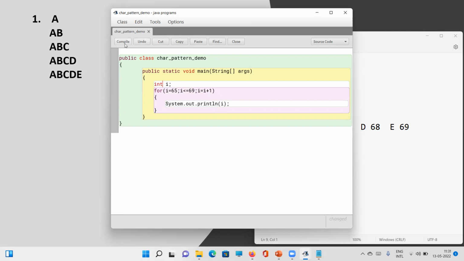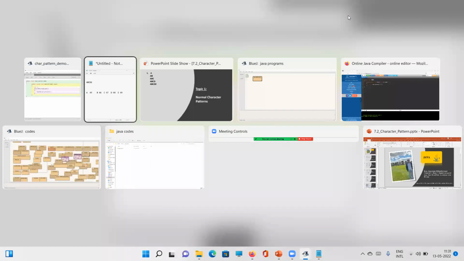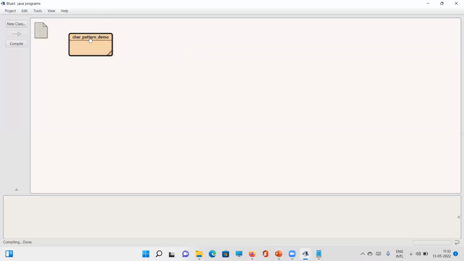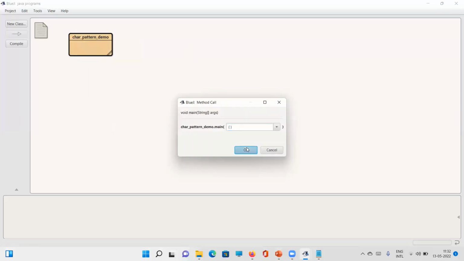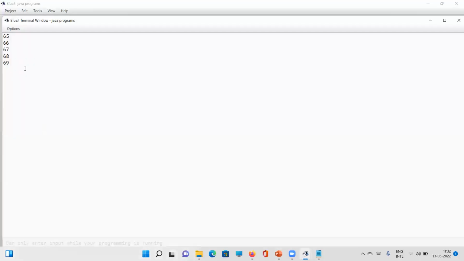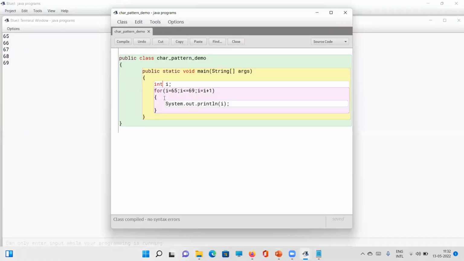Okay, so int 65 to 69. If I run this program, void main string args, you can see 65, 66, 67, 68, 69. If I want to make them in the same line, I have to delete the ln part. So if I run the program once again,